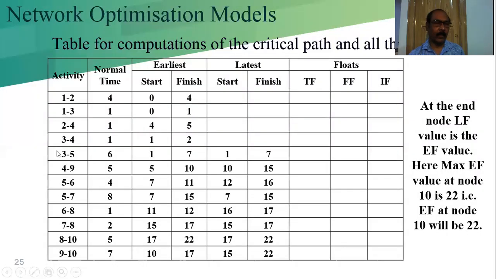Now we are calculating the activity 3 5, latest start and latest finish. So we have to search for 5 here. That is, 2 5 is there. In the backward pass, we know we have to consider the minimum value. So with respect to this 5, this is 12, and with respect to 5 7, this is 7. So 12 and 7, which one is the minimum? 7 is the minimum. That will go here. And 7 minus normal time duration 6 is 1.